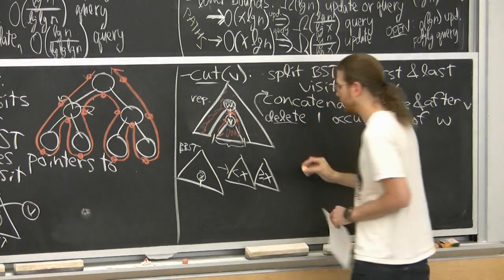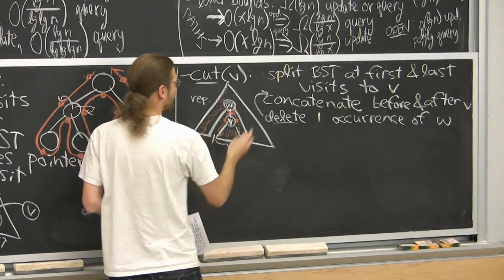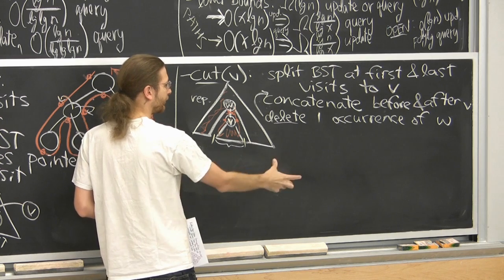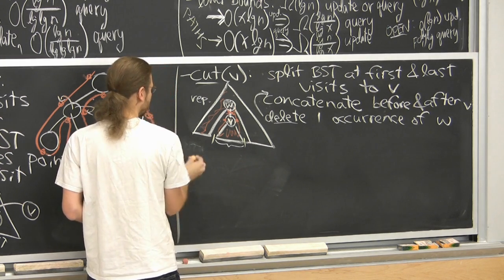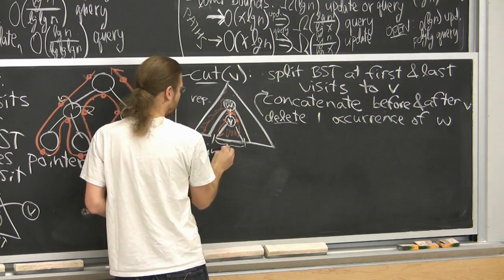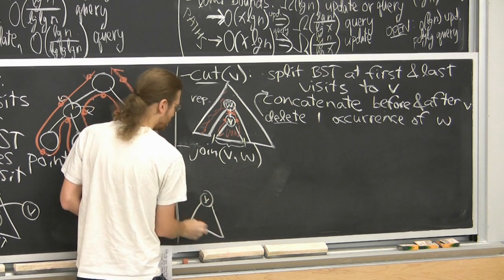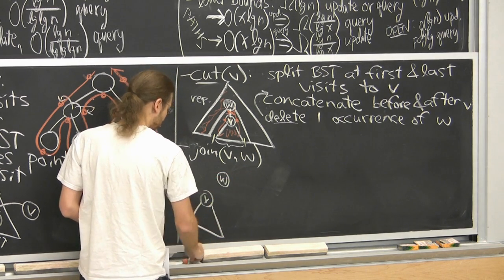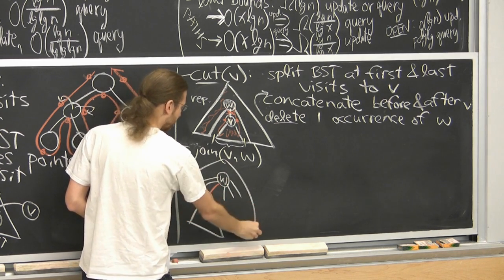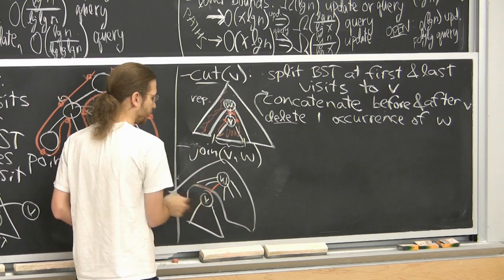Okay, now let's do link. Concatenate is the reverse of split, by the way. You have two trees. All the things in the left are smaller than all the things in the right, and you just want to join them together. So like a very restricted kind of merge. Okay, so recall, join is: you have a node v, and you want to make it a new child of w. w might have other children. It lives in some bigger tree. And we want to add v as a child of w. So we're assuming here v is a root for now.